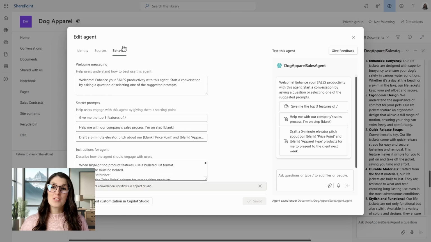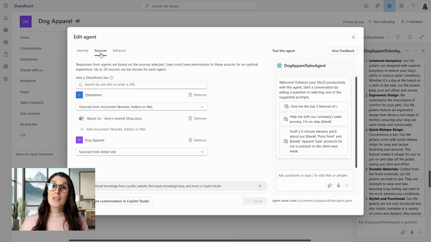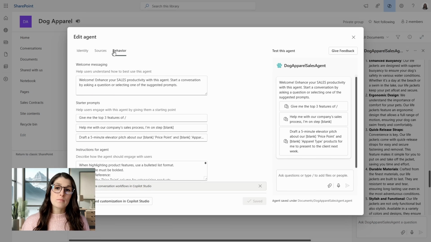You may also need to adjust your sources, so keep that in mind as well, as this is information that your agent is operating off of. But I do feel that most of your tweaks from troubleshooting your agent will fall under the instructions section within the edit window. So now that our agent has been edited and tweaked and troubleshot and is ready to go,